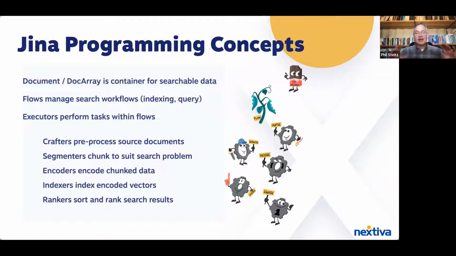The encoders do encoding, and then the indexers index, and then the rankers and sorters do the ranking and sorting. So just to go back to the top, you have the document, which actually takes in data that isn't even yet pre-processed, and provides a container that can move down through the flow and have these various other operations performed on it. Okay, so this is a high-level picture of how it works,